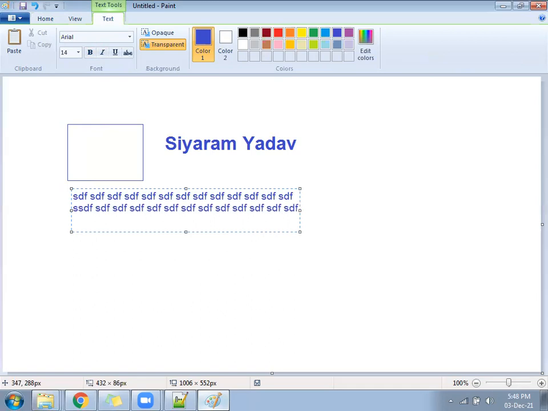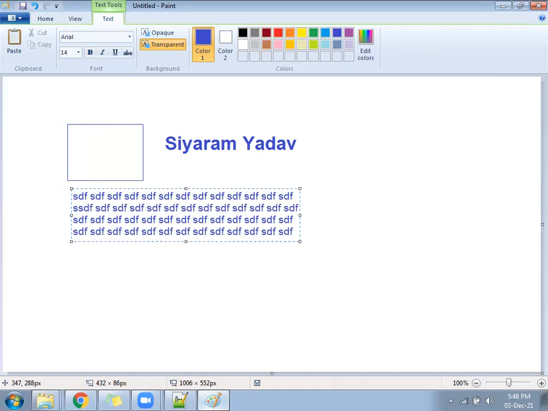Not text area. Table width, how much have you given? Give the table width 400.